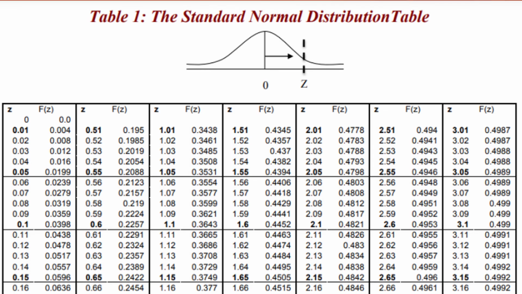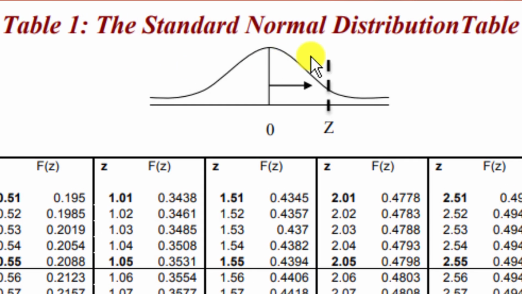Now, there are a variety of different tables that you might use to calculate normal probabilities, but the one we will use looks like this. Notice it says standard normal distribution table, which is why we needed to convert to a z-score first, as z-scores relate to the standard normal distribution. The important thing is to look at the picture at the top of the table, which informs you what probability the table is solving for.